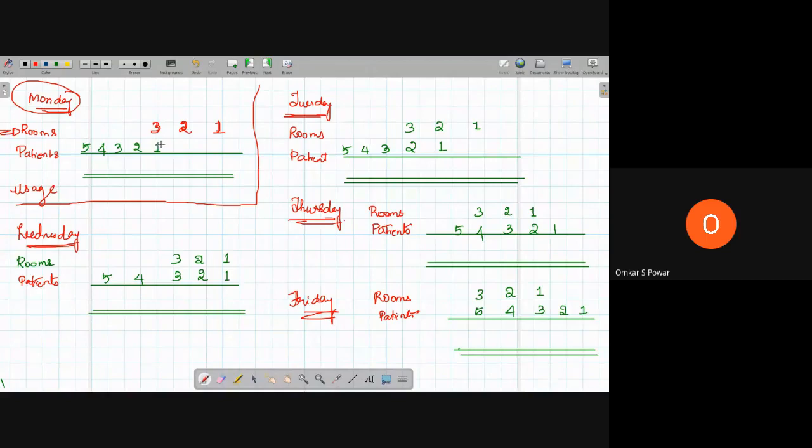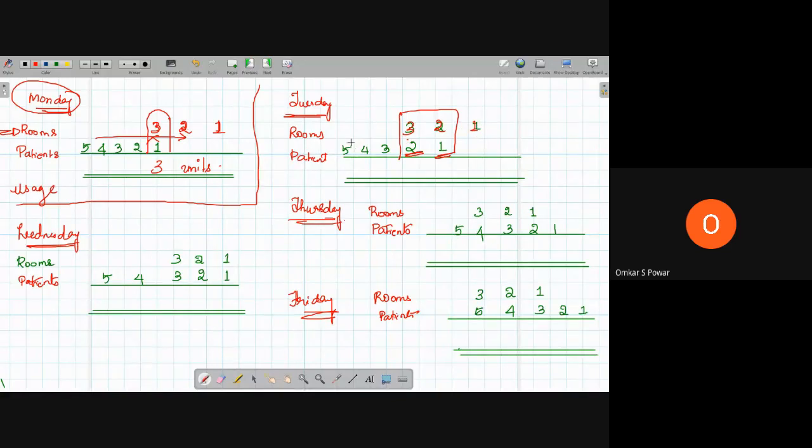On that first day, there will be only one patient. This is your first patient. So 3 into 1, so 3 units on the first day. This is the same answer which we have got. On the second day, you just have to shift this by 2, because there will be two patients coming. So on the second day, there will be 2. The room numbers 3, 2, 1, let them be as they are.